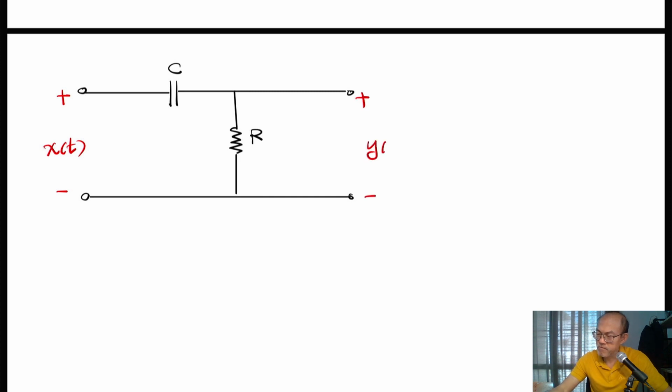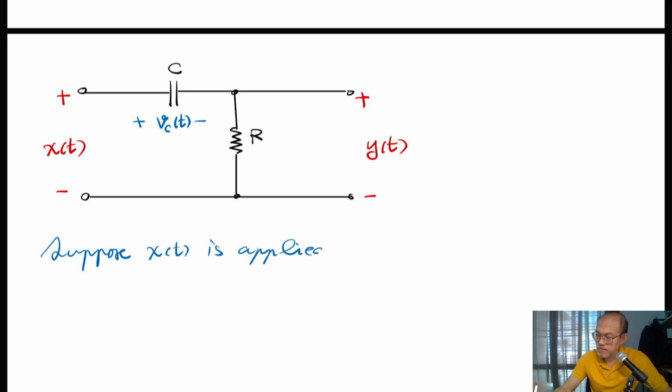The output is the voltage across the resistor, and the input is signal X. Now, the potential here is VC of t. Now suppose X of t is applied at time t equal to 0,